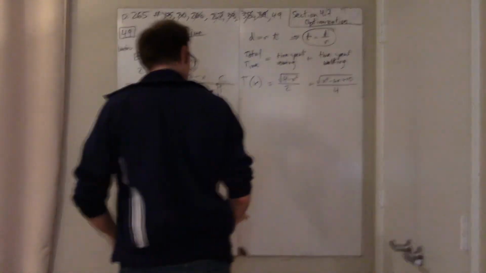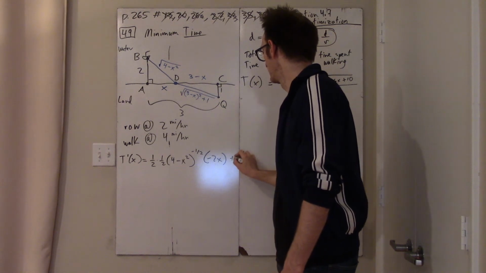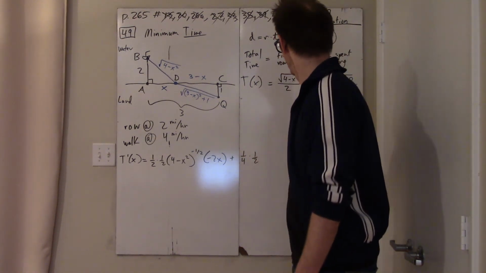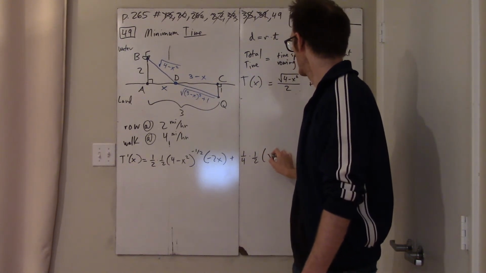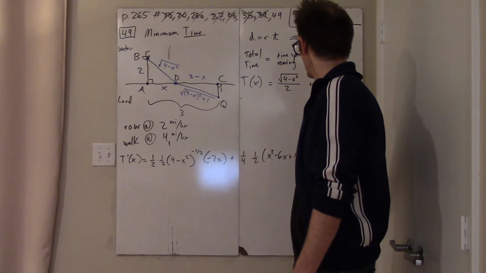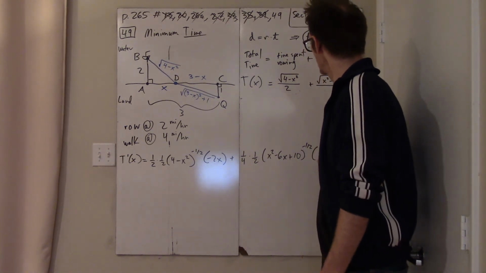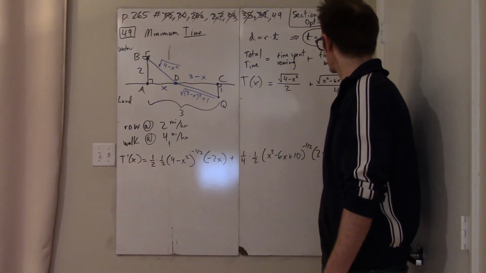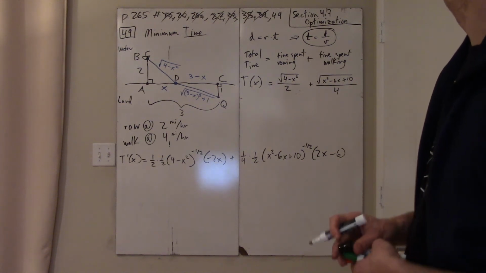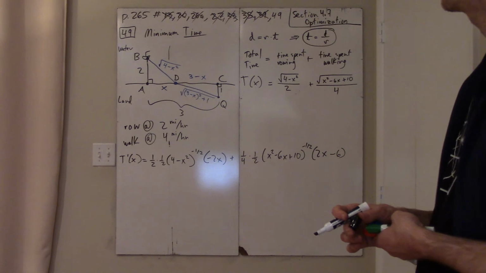Oh man, this is terrible. Plus 1/4, derivative of that square root is 1/2 (x squared minus 6x plus 10) to the negative 1/2 back inside for the derivative of that inside, which is 2x minus 6. Is this really all necessary? I guess so. So I get this terrible, terrible derivative,